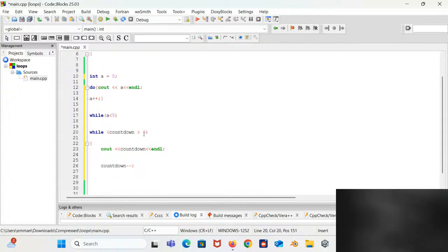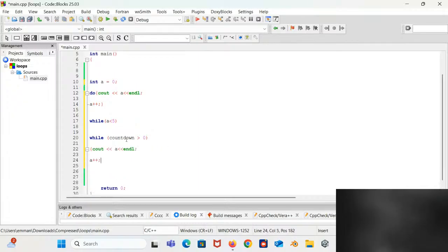So if I do what we did here earlier, I could just copy this and paste this here. A is less than 5. So let's look at the while loop.